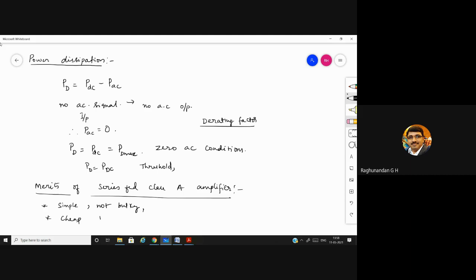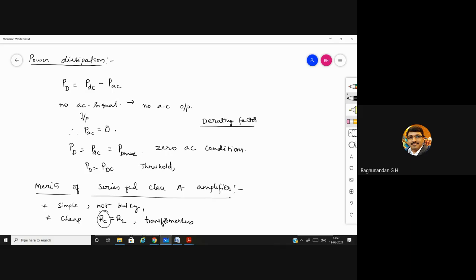Here, RC itself is replaced by RL. So you are avoiding the extra resistors which are required, and also you are not going to use any transformer. This circuit is transformerless, because the next kind of amplifier which we are studying is the transformer coupled class A amplifier. In that amplifier, we are going to use a transformer. Automatically the circuit becomes bulky, and when you are using a transformer, obviously the cost will increase.